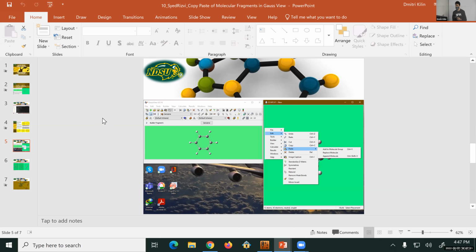Yeah, you just have to click on the particular atom, and then you can add it on your desired position. Okay, so in this way it will get attached directly. Yeah, you can attach to any position of the given molecule. It's very simple. You just have to copy paste with your mouse or keyboard. Okay. Thank you.